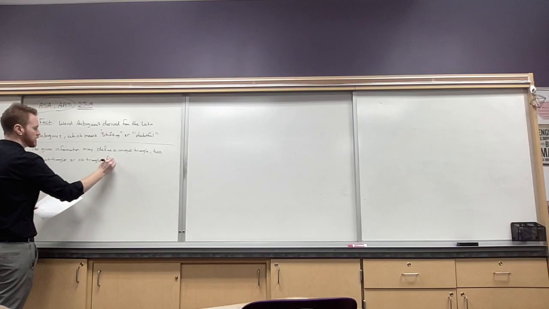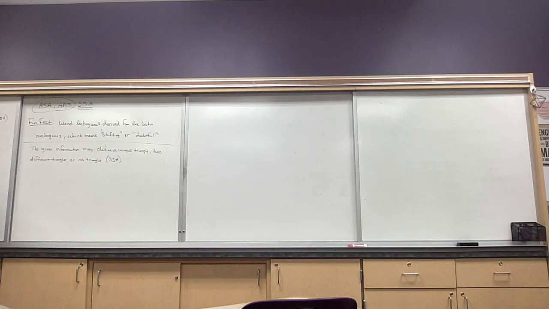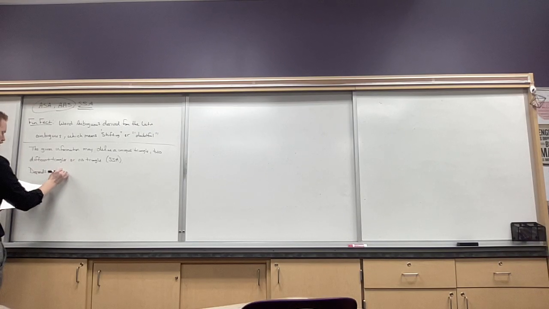And again, we're dealing with this case here. That was the information that was given to you. So you could have 1 triangle with that information, 2 triangles, or no triangle. So how do we know that? Well, it depends on the length